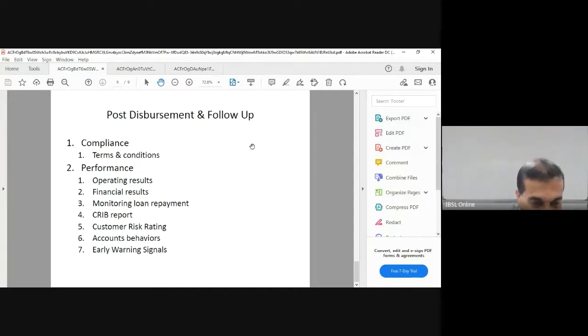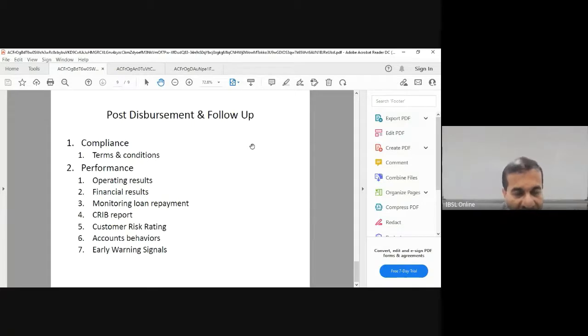Compliance is outsourced. Some of the international banks, even though they work in Sri Lanka, have outsourced the compliance procedure to other companies, so they follow up all these terms and conditions. Even a very simple one: if there is a condition that the customer should channel 50% of their sales proceeds to a particular account, and it does not happen, then these people will call up and make sure that it happens. That kind of follow-up has to be done.